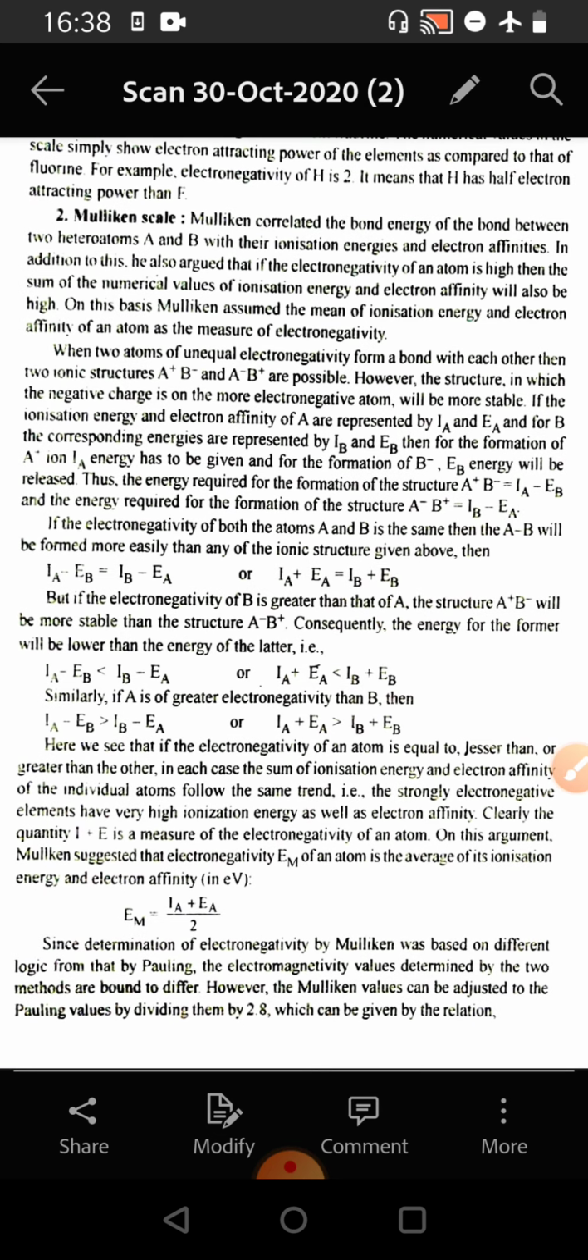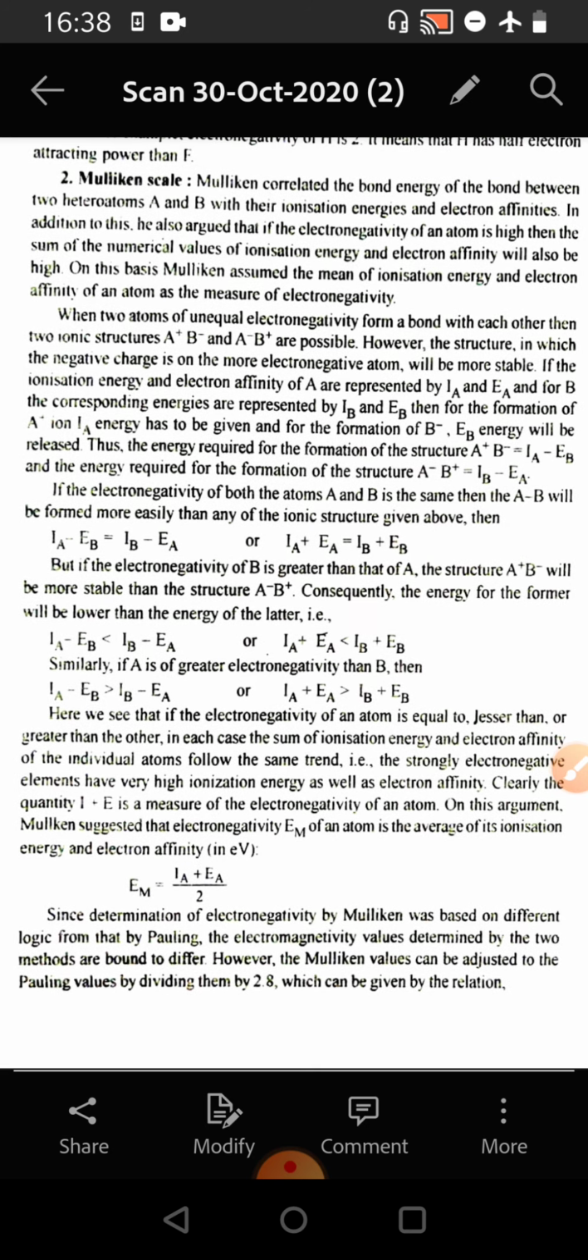Mulliken correlated the bond energy of the bond between two heteroatoms A and B with their ionization energies and electron affinities. In addition to this, he also argued that if the electronegativity of an atom is high, then the sum of the numerical values of ionization energy and the electron affinity will also be high. On this basis, Mulliken assumed the mean of ionization energy and electron affinity of an atom is the measure of